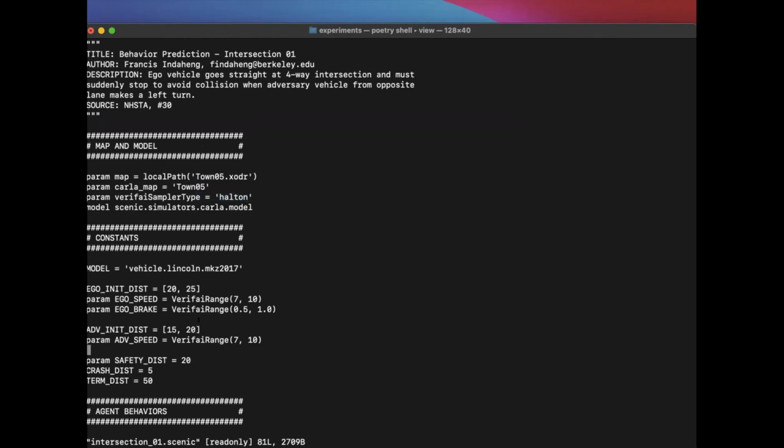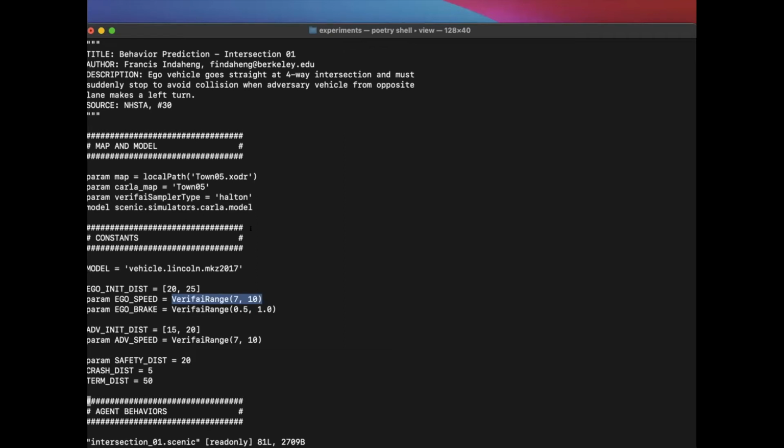And so we're doing things like specifying ranges for various parameters. One thing that I want to point out is that in Scenic, instead of putting a fixed distribution on a parameter, you can allow Verify to do search over that parameter. So what this is saying, for example, is use Verify's search techniques to find a value in the range 7 to 10 that hopefully